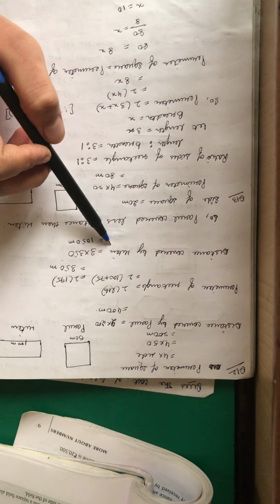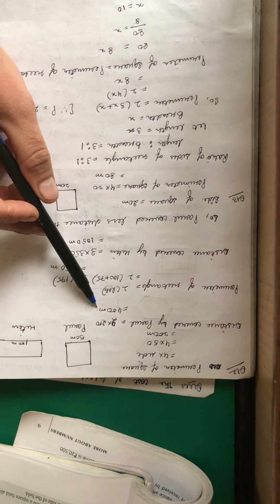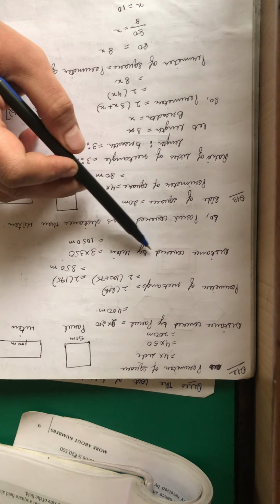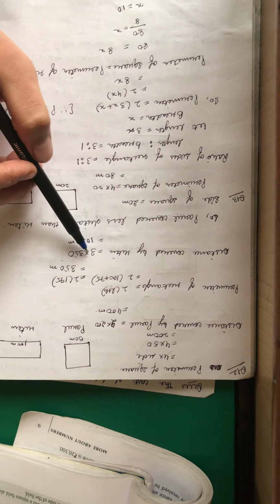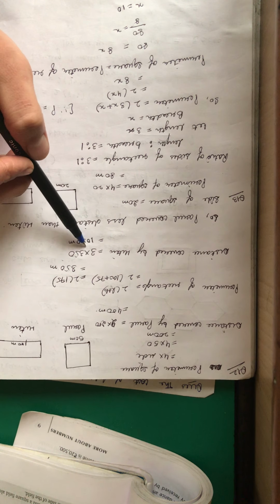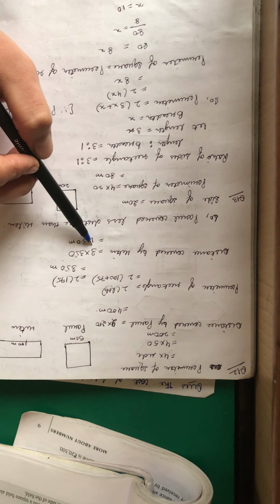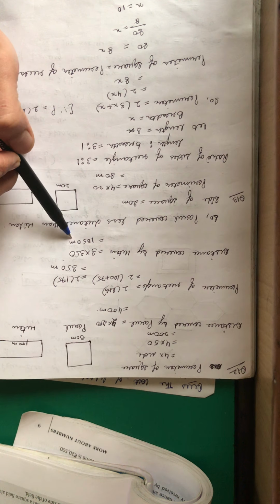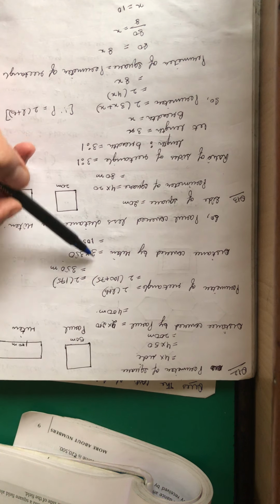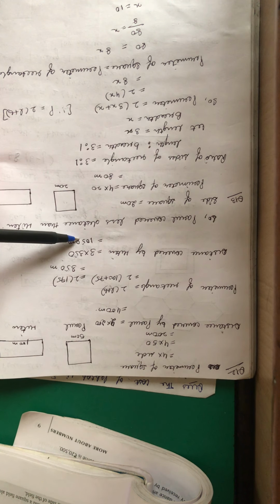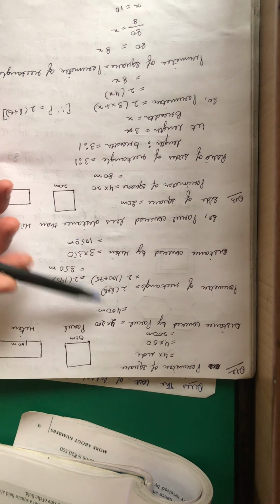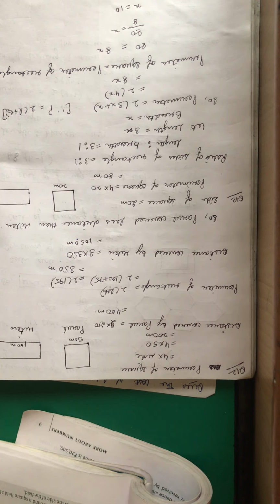So the distance covered by whom is less? The distance covered by Hiten is 3 into 350, because he has made 3 rounds. So 3 into 350, 1050. Now let us do the comparison. Parul has covered 400 meters and Hiten has covered 1050 meters. So Parul has covered less distance than Hiten. 13th question is: